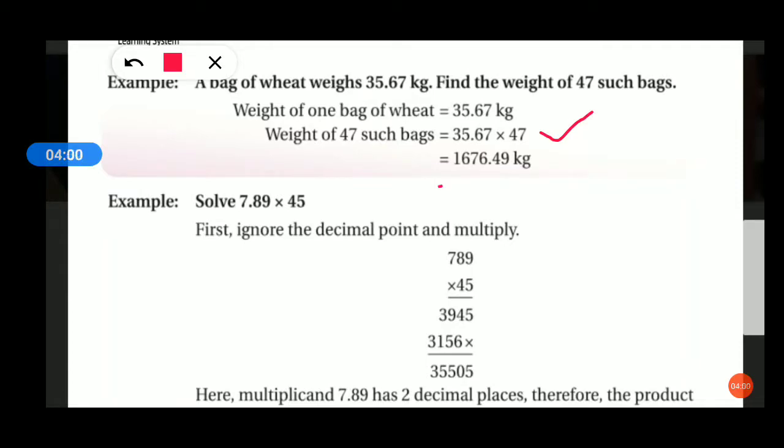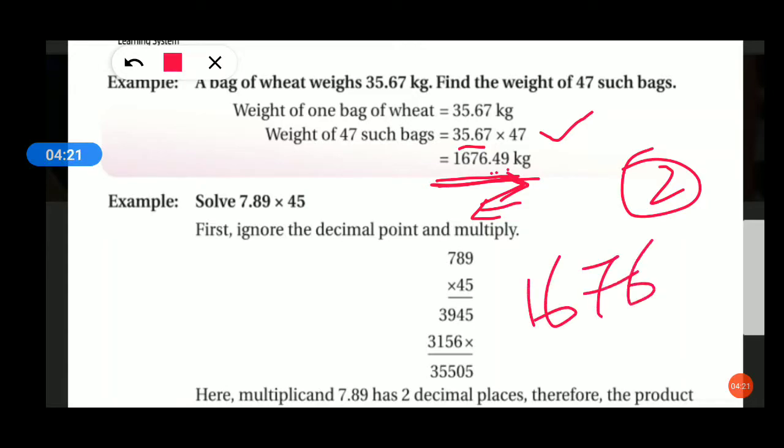After multiplying, you need to see the digits after the decimal. In the decimal number, how many numbers are there after the decimal? 2 numbers are there. So from the last number, from the right corner, you need to move to the left. See here, 1, 2. So after 2 digits you need to keep a point. See here, 17649. Understood students? After the decimal we have 2 digits. This is one digit, second digit. So here you need to have the decimal point. In the question, however many digits are there after the decimal, the same number we need in the product. See the next one.